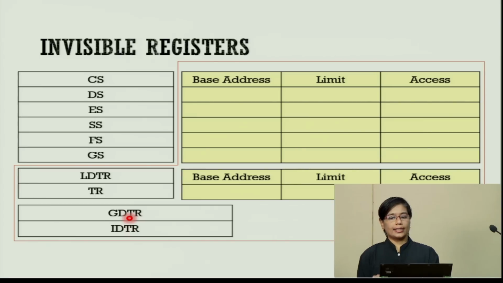The GDTR is a 32-bit register if it's 80386 or 486. It's a 24-bit register if it is going to be 80286. The global descriptor table register very simply has the starting address of the global descriptor table. The global descriptor table is also present in memory. Which address of the memory it is present in is given by the GDTR. So the GDTR gives the starting address of the global descriptor table. That's the function. We are going to look at the global descriptor table only in this session.